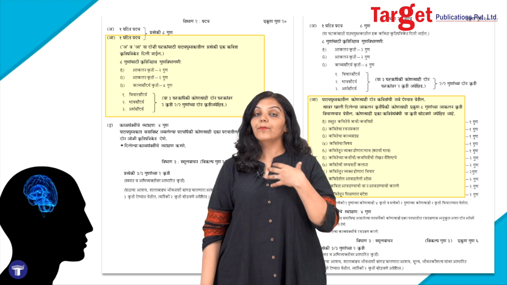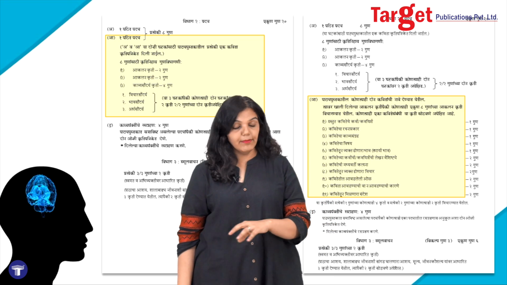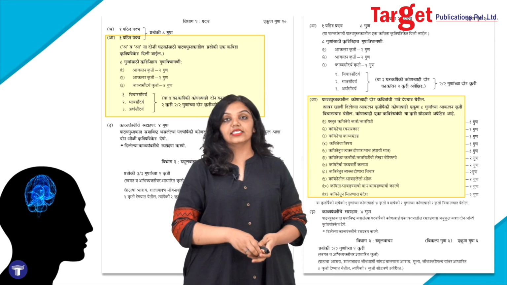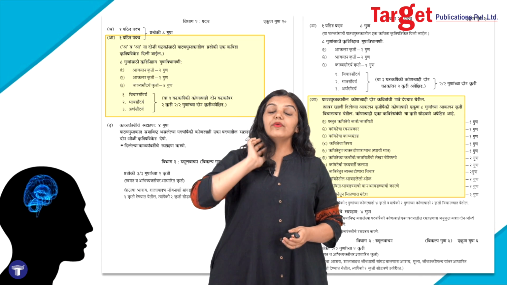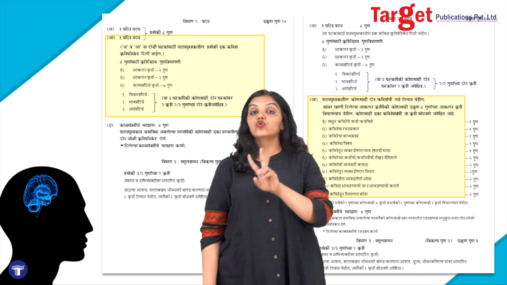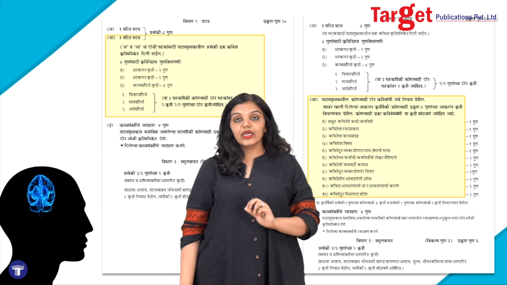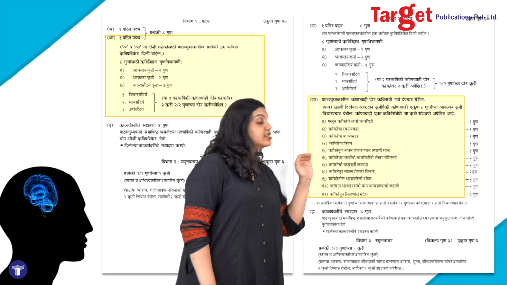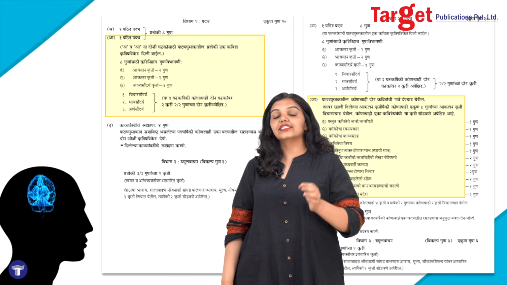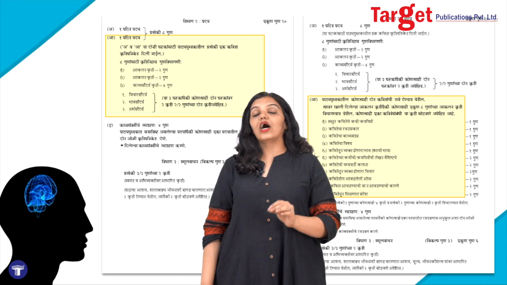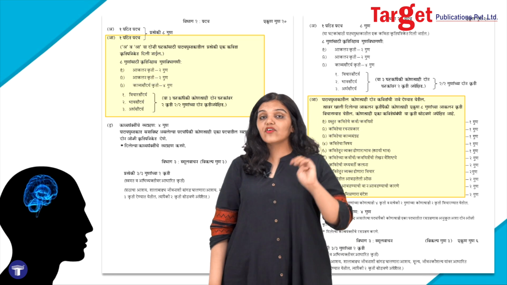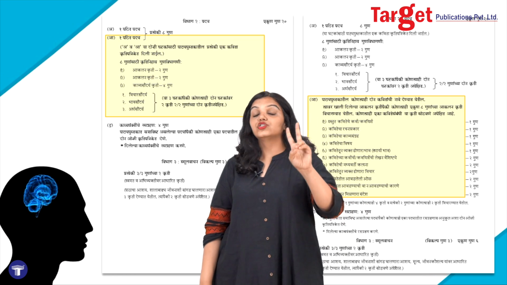First, you were asked comprehension questions on a poem. Now, in the new paper pattern, in this question, you will be given an option between two textual poems. And based on these two textual poems, you will have to answer these questions. And what will these questions be like? You will have to answer 6 questions, 4 of which will be 1 mark questions and 2 of which will